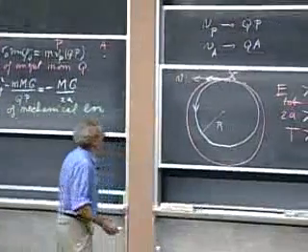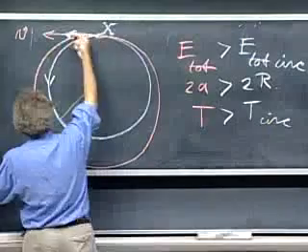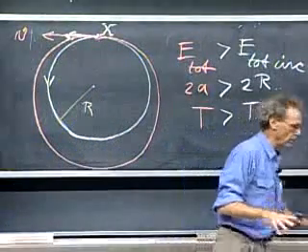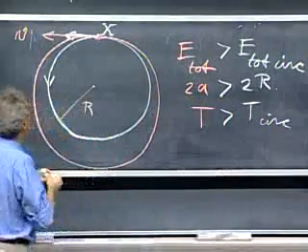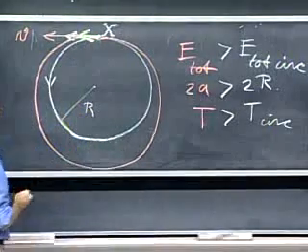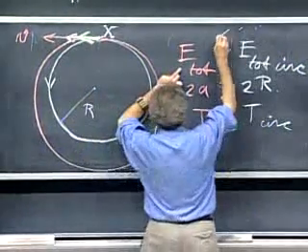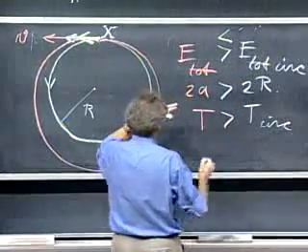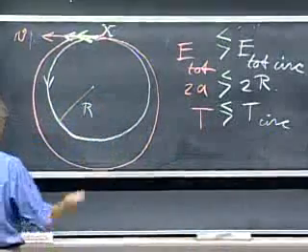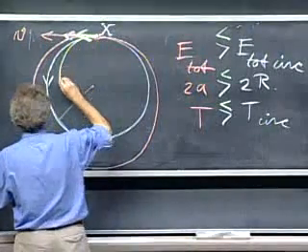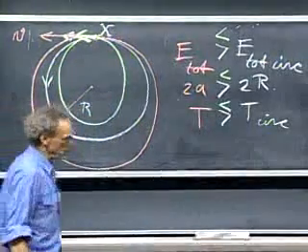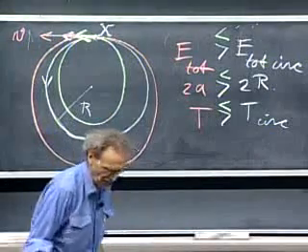My other option is that I'm going to fire the rocket when I spew out gas in this direction, so I take kinetic energy out. So after the burn, my speed is lower. I have taken kinetic energy out. When I take kinetic energy out, the total energy is going to be less than the circular energy. 2a will be less than 2r, and the orbital period will be less than the circular orbital period, and therefore my new ellipse will look like this. And so these are the three situations that I want you to carefully look at, because I'm going to need them in the next